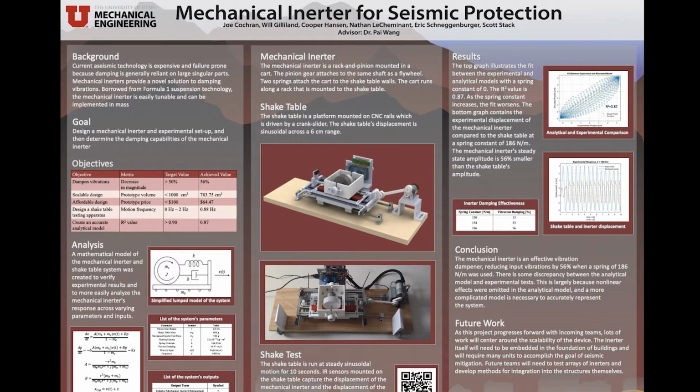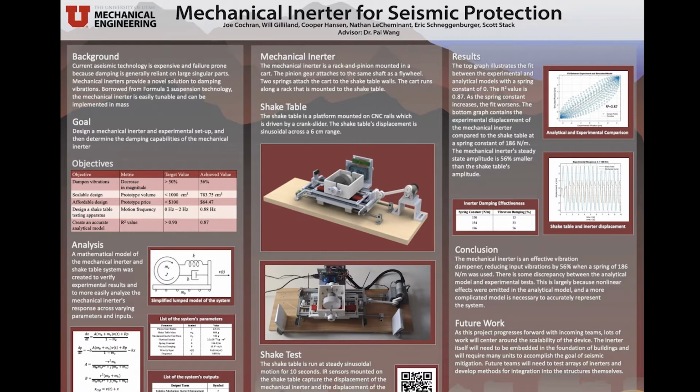We achieve this value at 56% reduction. Number 2 is a scalable design. With a target value of 1,000 cubic centimeters for the prototype volume, we achieve this value with 783.75 cubic centimeters. Number 3, an affordable design. With a target value for the price of less than $100, we achieve this value with a price of